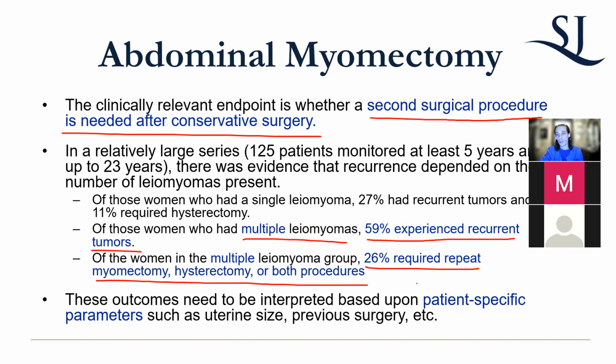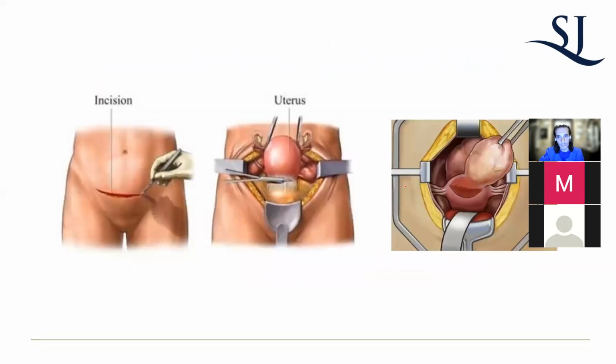And that's the trend. Similarly, if you do this procedure closer to menopause, you may get away with it without having to do a hysterectomy if that's in line with the patient's goals. If you have someone who desires fertility but has a bunch of large myomas that otherwise would obstruct that process or make it a high risk pregnancy, doing this procedure and waiting an appropriate time for the uterus to heal, and then attempting pregnancy, having your deliveries, and then perhaps thereafter, which is what, a couple of years, scheduling a hysterectomy, not a bad plan, okay?